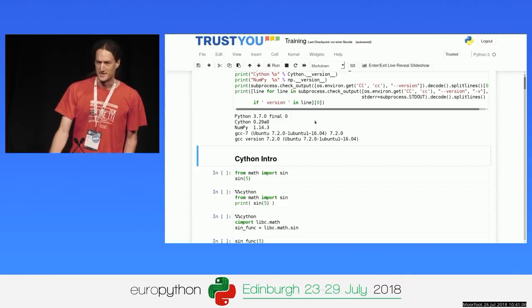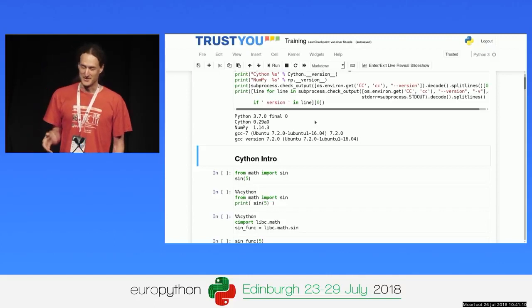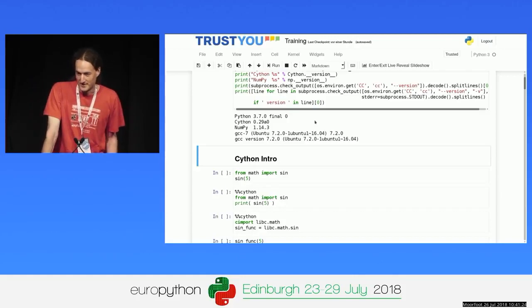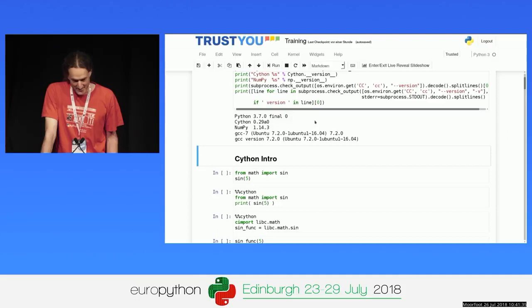Well, it's production proven, but we still say it's 0 point something because, ages ago, we said that version 1.0 should be the version that runs arbitrary Python code. And we still have one or two bugs in there that we have to fix first before we can say that we can compile any Python code out there. And so it's still at 0 point something, and we haven't reconsidered the goal for 1.0.